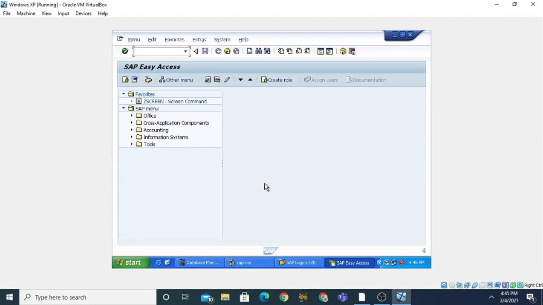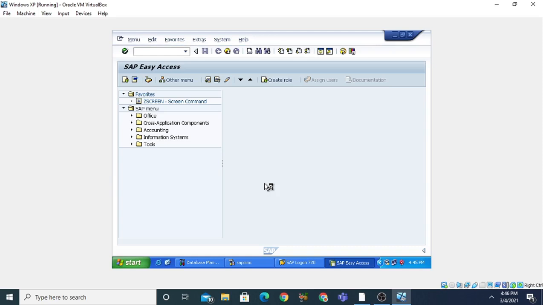So students, now we start with the package, how we can create the package. First of all, go to the object navigator, SE80, and then press enter. SE80 is a transaction command for opening the object navigator, where you can find the number of objects that you have created. In the object navigator, you can also find the programs that you have created, the classes you have created, the package you have created.